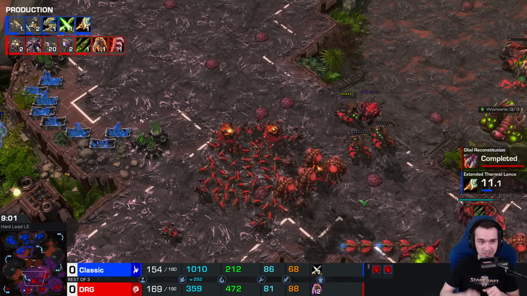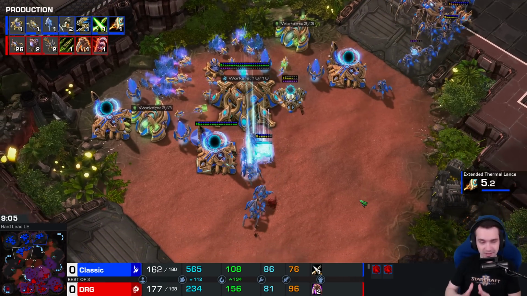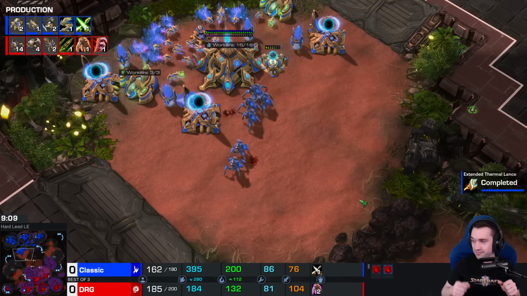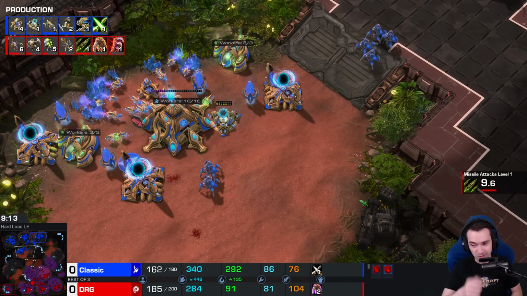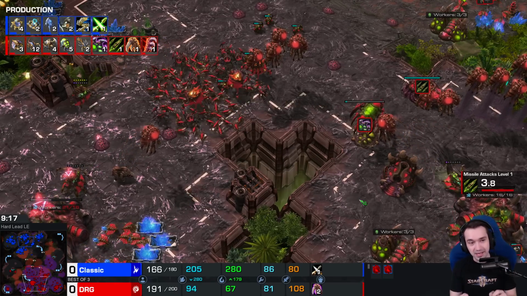Notably for DRG, unlike every single... This tells you his priorities. I want to point this out. Every single other Zerg, hive finishes, builds Vipers. DRG, hive finishes, adrenal glands for Zerglings. Yes, and then Vipers. But,